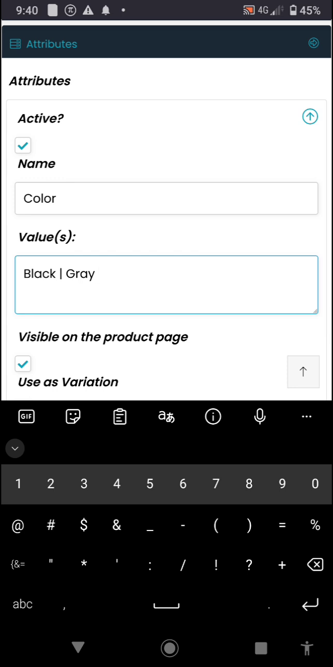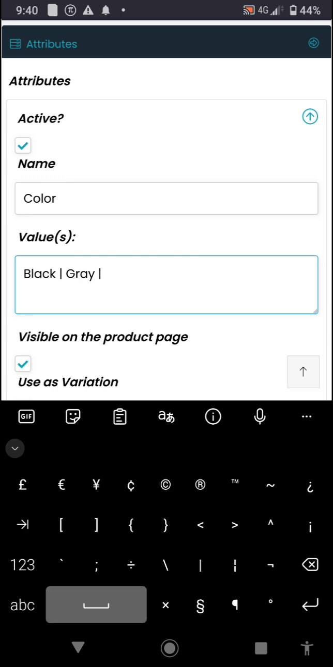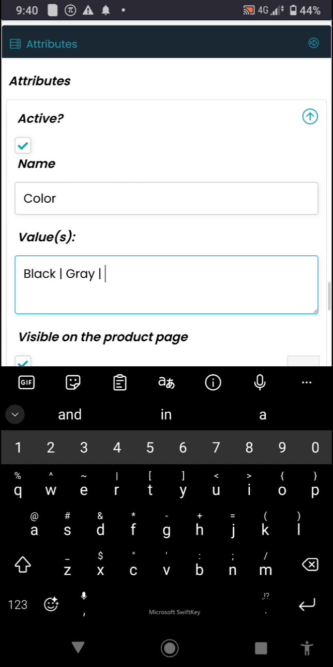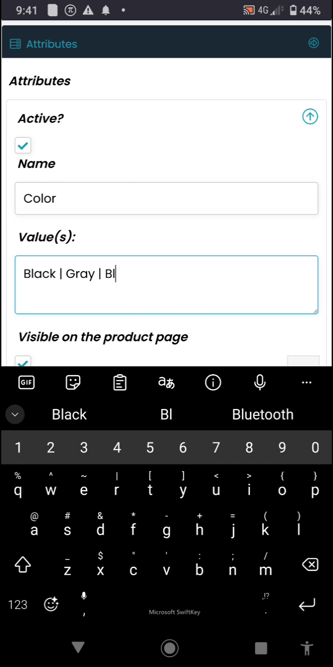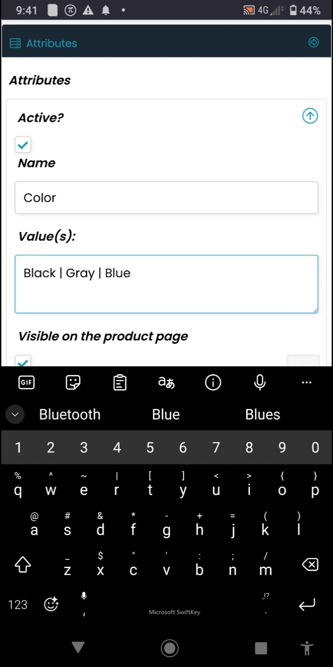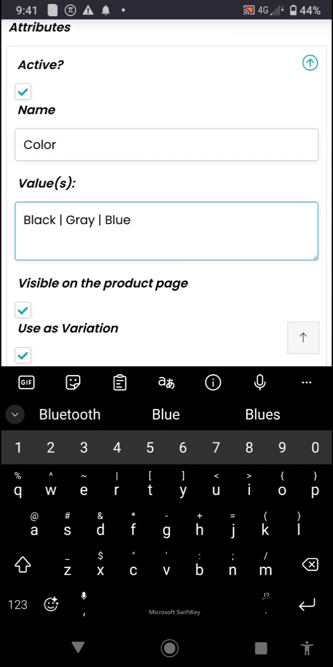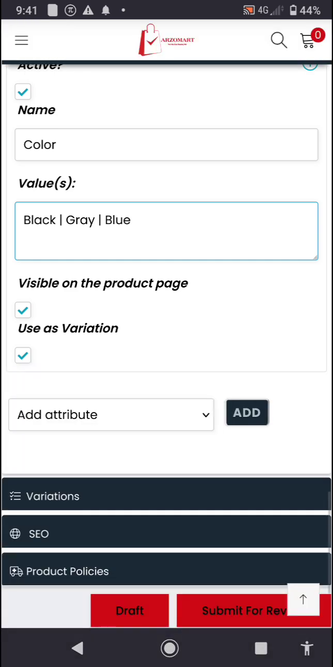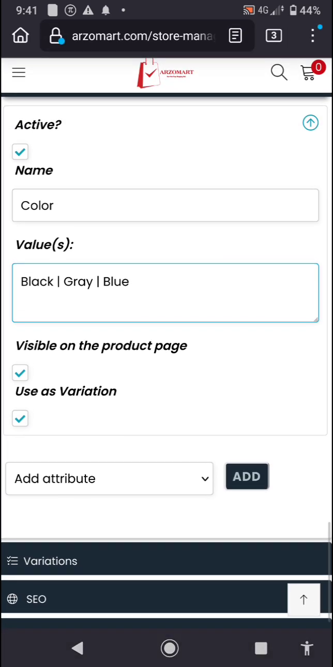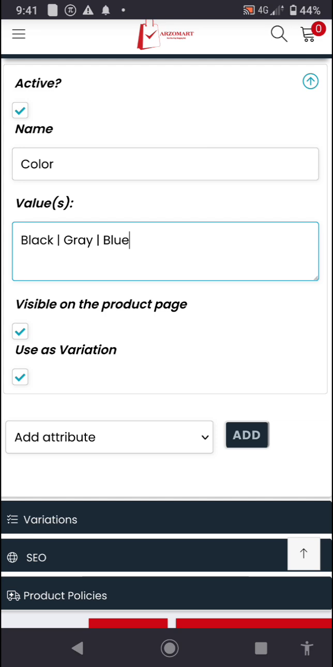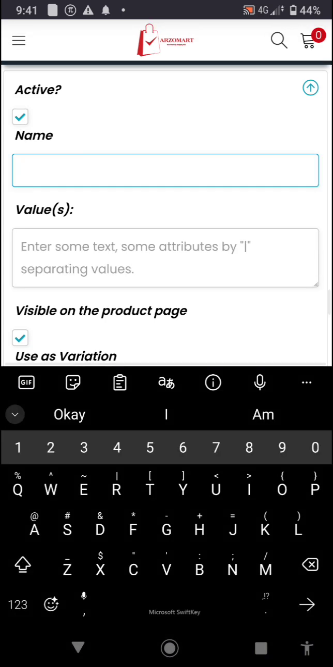That's how we separate the values. We don't use any other separator except that. What you see here is how we separate these values. If you don't separate them like that, you're not going to get what you want. They're not going to come out the way they are supposed to. So after adding color, we are going to go ahead and add another attribute. Another attribute we are going to add